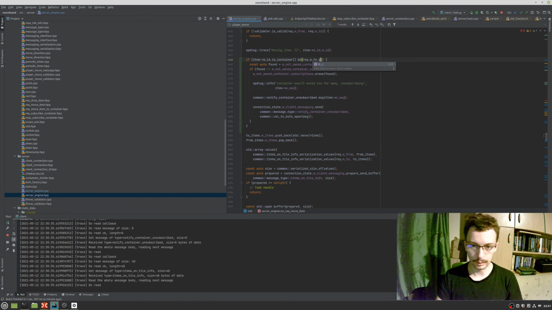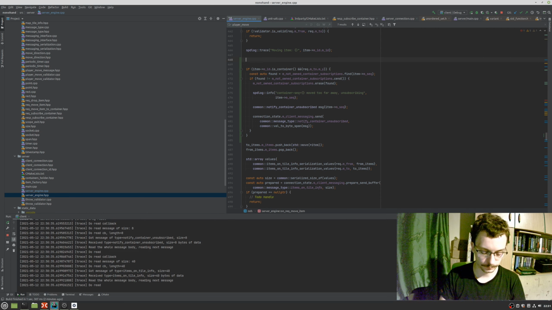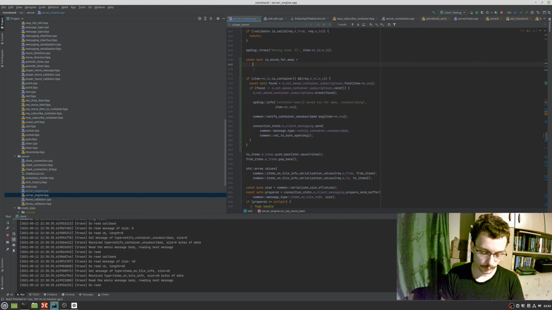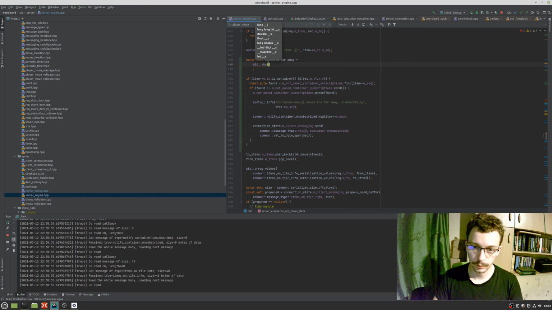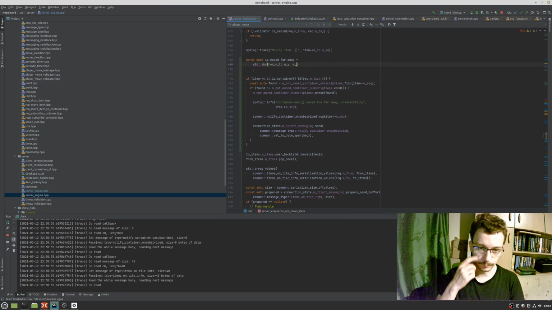So if y is equal to std absolute of the destination position, and